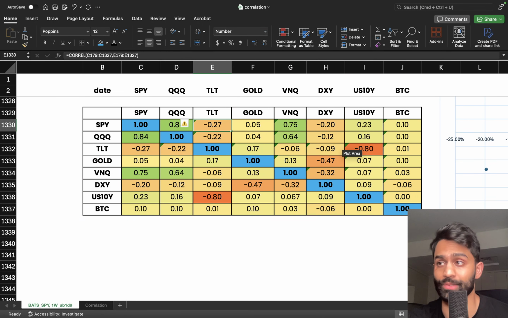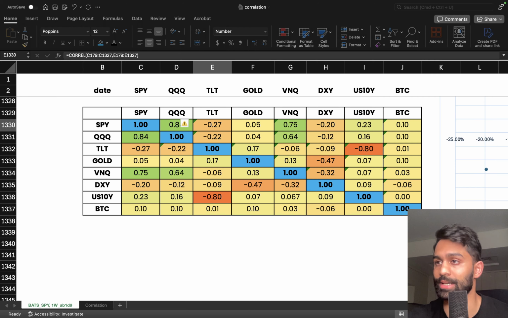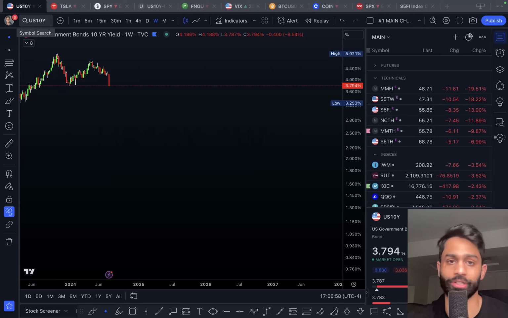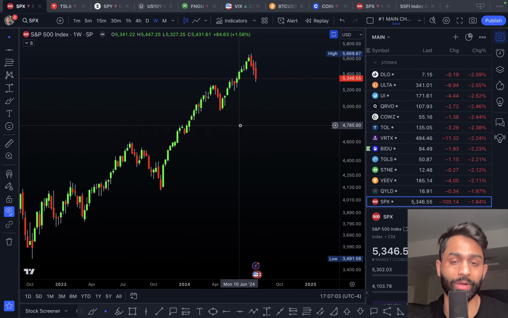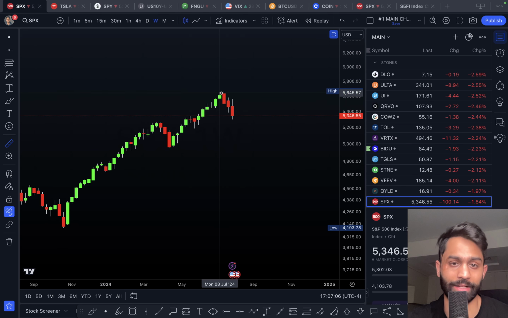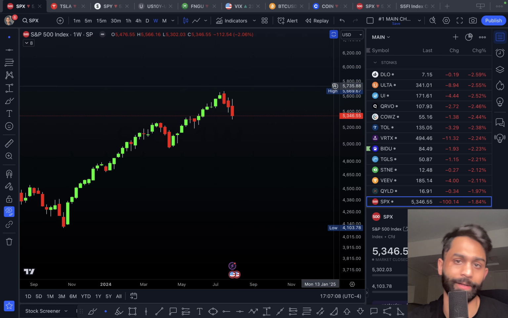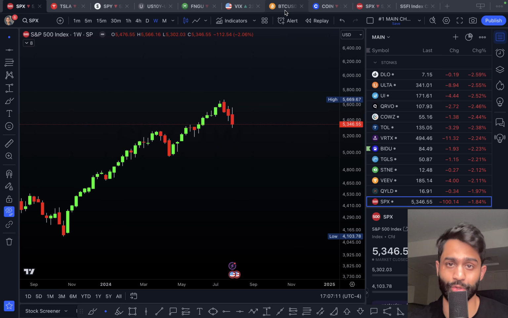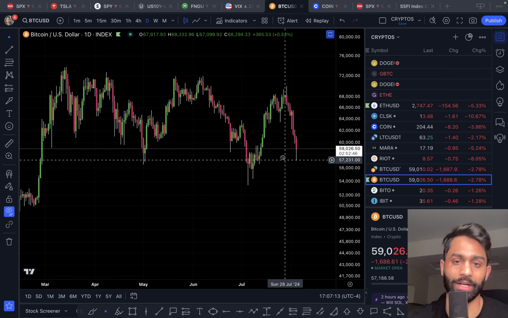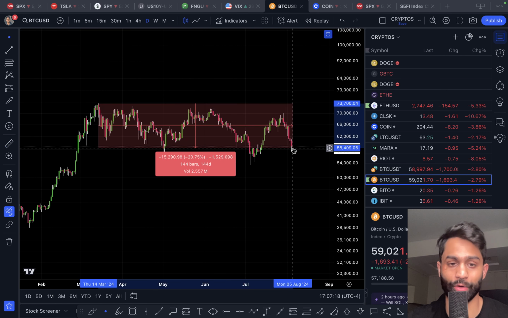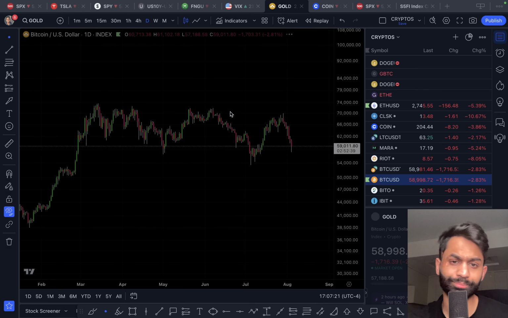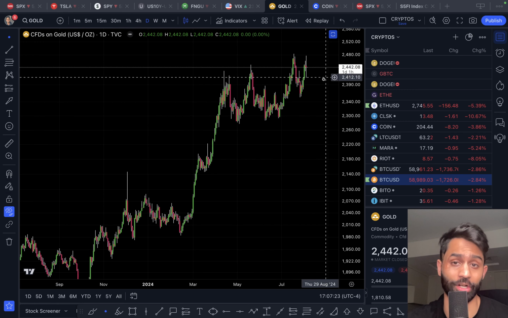So a very simple example I can give you is that if you come over to the charts over here, what you'll notice is that, of course, the S&P 500 has been selling off. So SPX, as you can see, is down 3 weeks in a row. We're seeing quite a significant sell-off here, down a little bit over 5.9, almost 6%. Bitcoin is also selling off, but again, this has been in the past very, very uncorrelated relative to other asset classes. And if you take a look at gold prices, you'll notice that it's still trading pretty much near all-time highs.